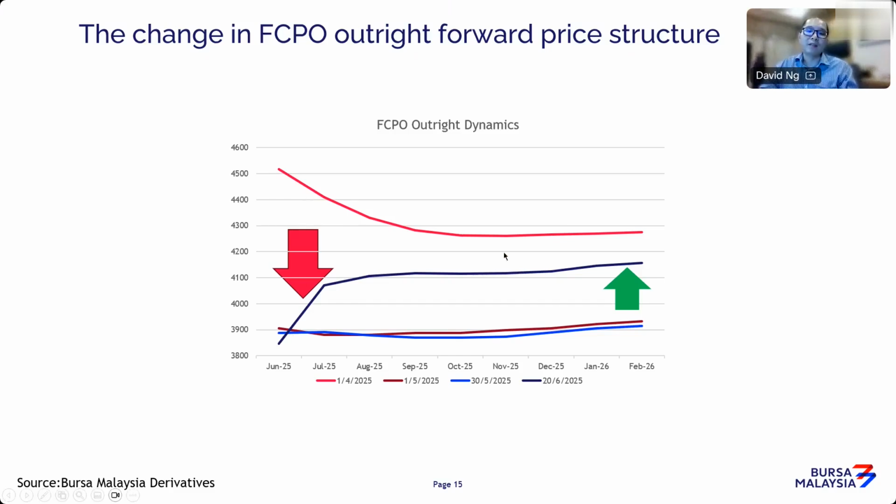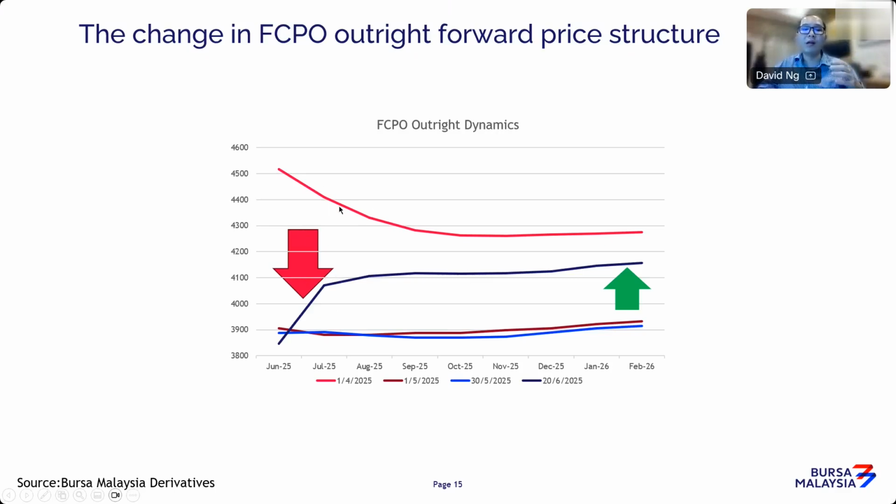Now, why this sentiment change is important, and I wish to highlight, is that when markets are so bullish, when people are expecting that supply is tight, we are probably looking at stock levels coming down, usually the front month prices are very strong. Now, when people start to expect, look, supply is coming back, demand is weak, war is happening, there's uncertainty, people don't want the demand. So demand starts to come down, supply starts coming back. You start to see front prices like June prices coming down massively. And when that happens, normally it tells you sentiments have changed.